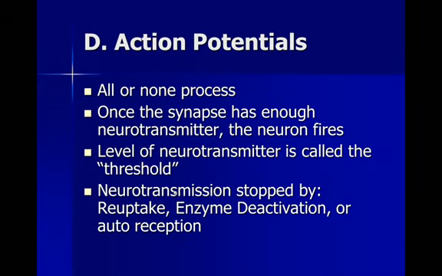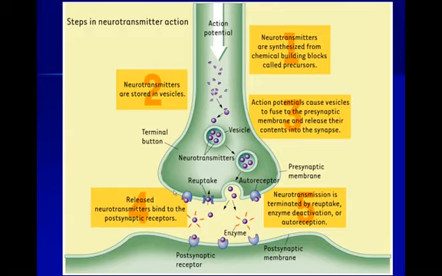Neurotransmission can be stopped by reuptake, by taking the neurotransmitter back into the presynaptic neuron; enzyme deactivation, which basically means there are enzymes in the synaptic cleft that deactivate or metabolize those substances; or what's called autoreception. And autoreception has to do with the postsynaptic neuron. So again,